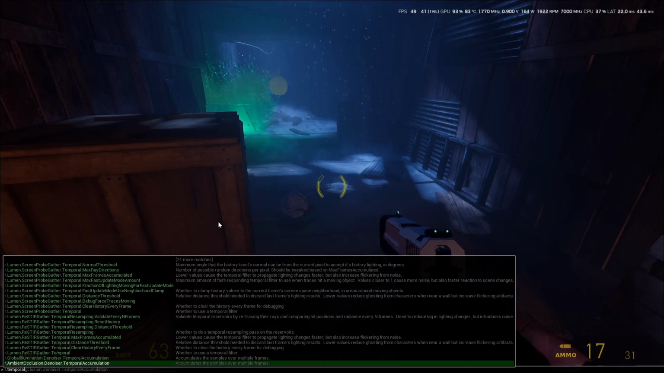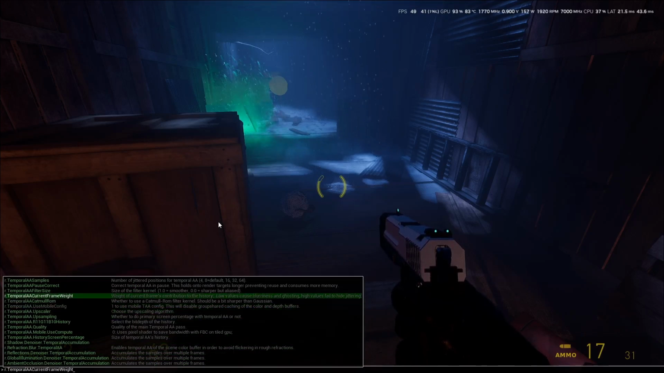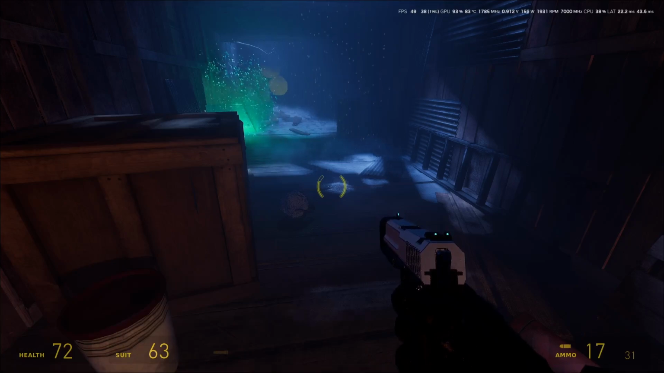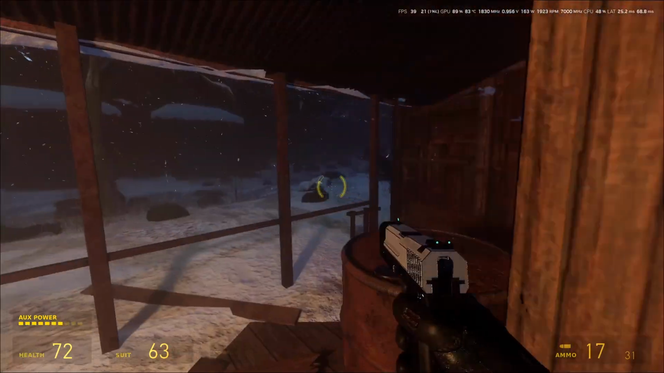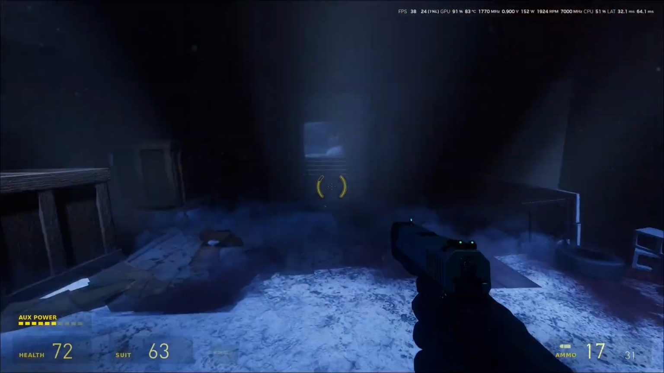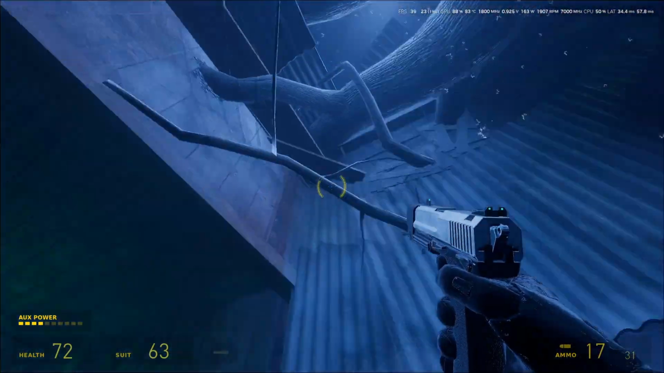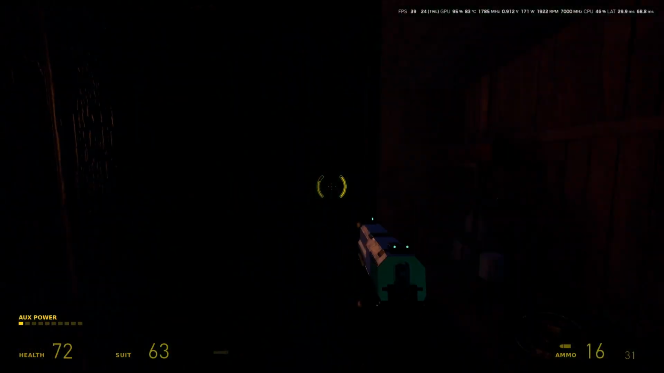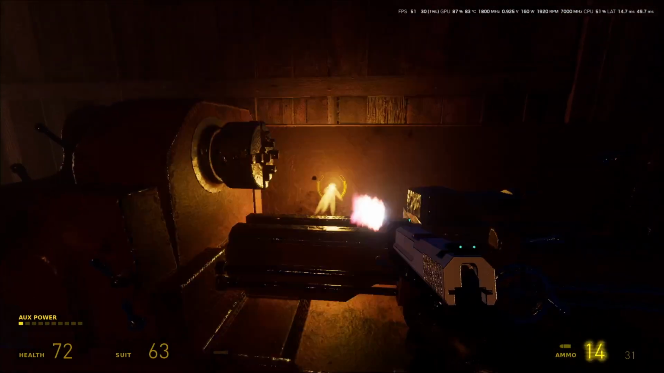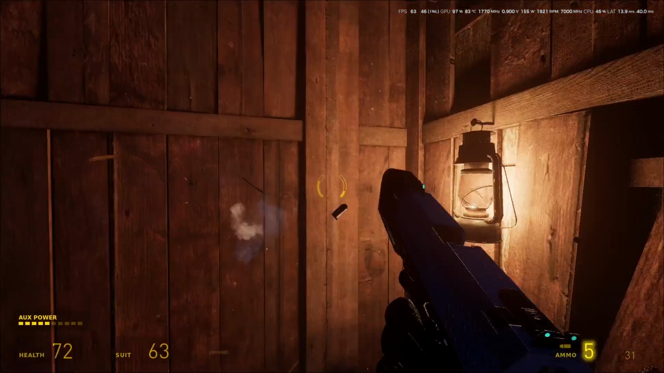So temporal AA, I'm just gonna be making this into 0.6, and so again, not a lot of difference, but I can tell this is a very dense scene with a lot of lighting. But the real problem actually comes when you have the shotgun and you're shooting, for example, metallic surfaces. So